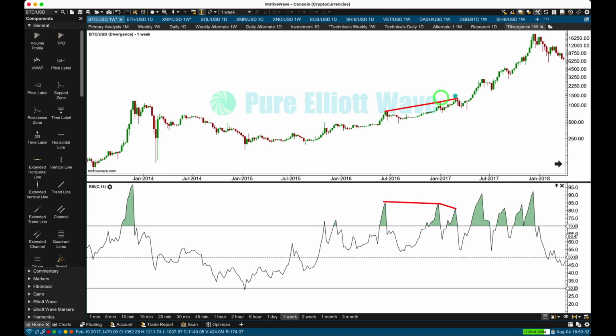And then there's a clearer, shorter term bearish divergence. This is the kind of bearish divergence I would note between the week beginning December 15th, 2016 and the week beginning February 26th, 2017. Some pretty obvious bearish divergence with pivots fairly close together and good pivots on price and good pivots on RSI, but it didn't lead to much. It led to basically a relatively shallow pullback, and then price just continued on higher, and RSI